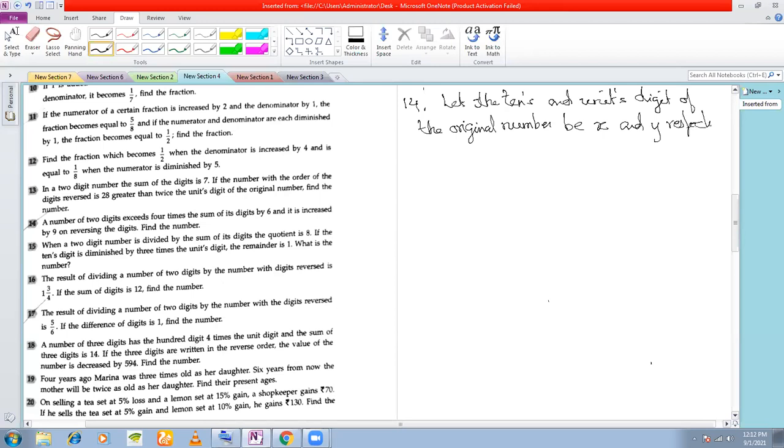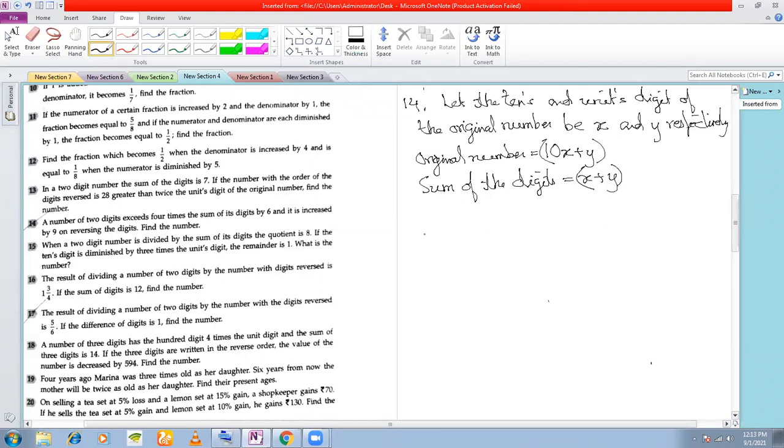If you remember back in class 8, I had told you about the usual representation and the generalized representation. When working with variables, when working with x and y, we use the generalized representation. So what is the 2-digit number, original number? If the tens digit is x and the units digit is y, then the original number is 10 into x plus y. This is the original number. What is the sum of the digits of the original number? Is equal to x plus y. This is the sum of the digits.